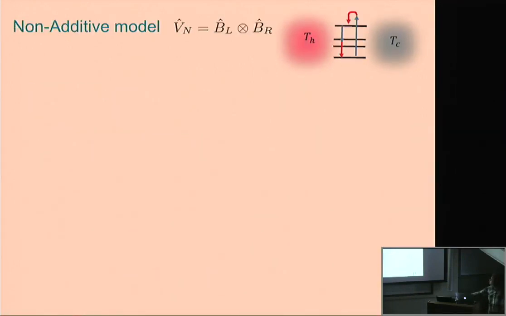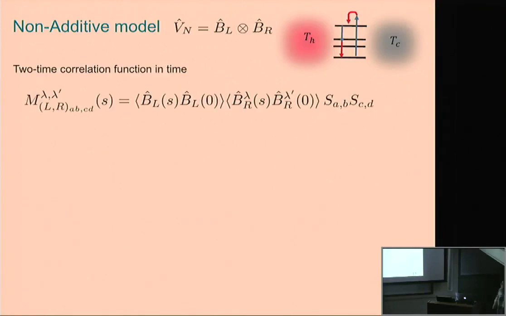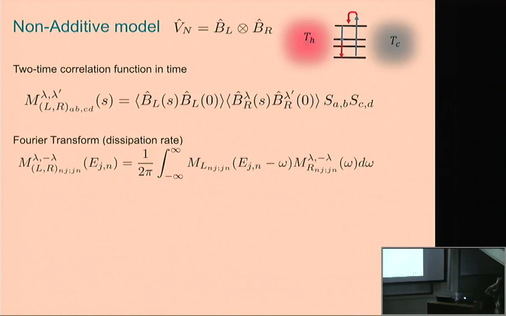What about the non-additive model? Well, now the time correlation function is a product of operators coming from the left bath and the right bath. And of course, the rates, the Fourier transform, are just convolutions. So maybe that's the first new result of this whole story. Not very surprisingly, but it's quite interesting. So now the rates, all these transitions, are convolutions, meaning that if I have an excitation or whatever transition between N and J, part of the energy is extracted or given to the right bath, and the rest is given to the left bath. So it's a cooperative process.